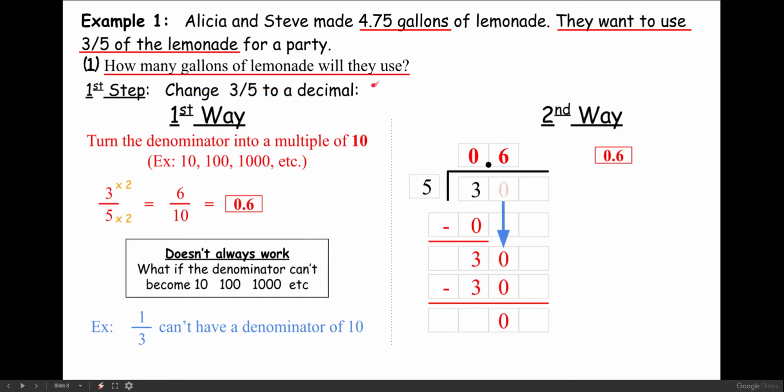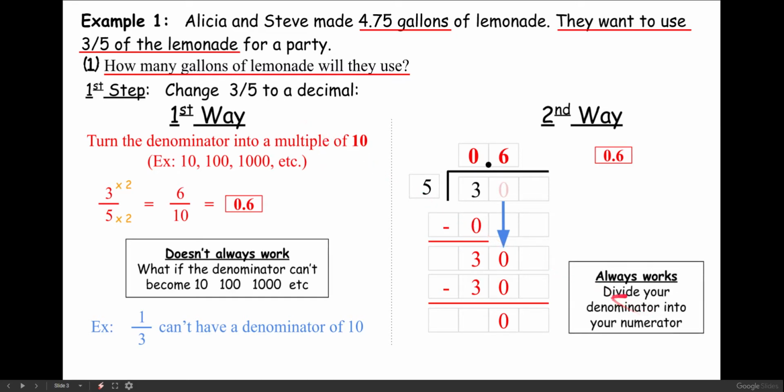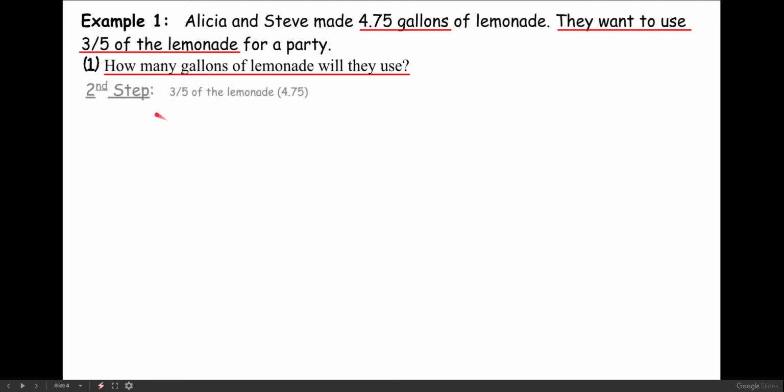By the way, this method will always work. So how many gallons of lemonade will they use? Well, our second step is 3/5 of the lemonade. 3/5 is going to be 0.6, so 0.6 of the lemonade. Now,